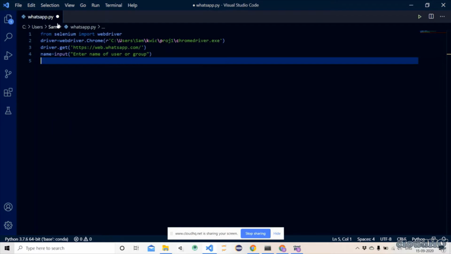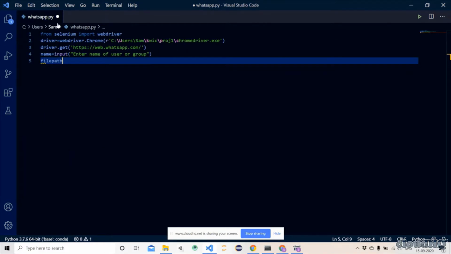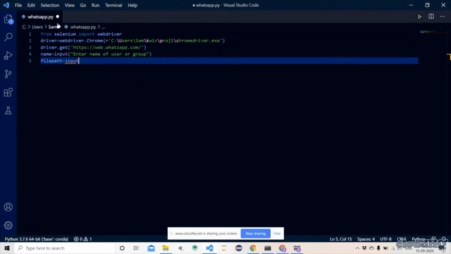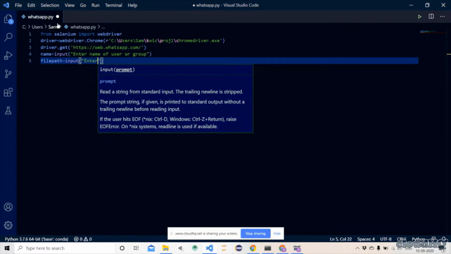Then we would specify the file path, which means which image you want to send. A variable file path, input, enter your file path.